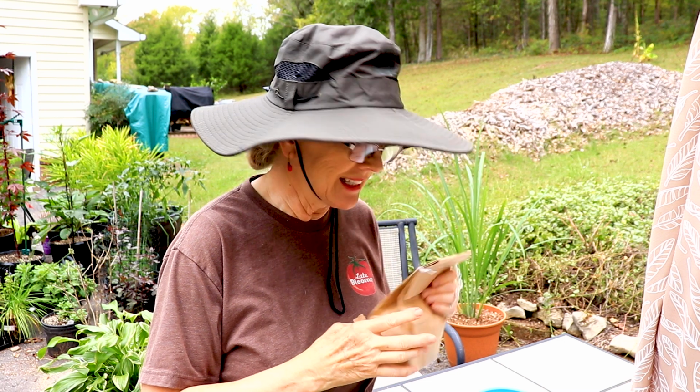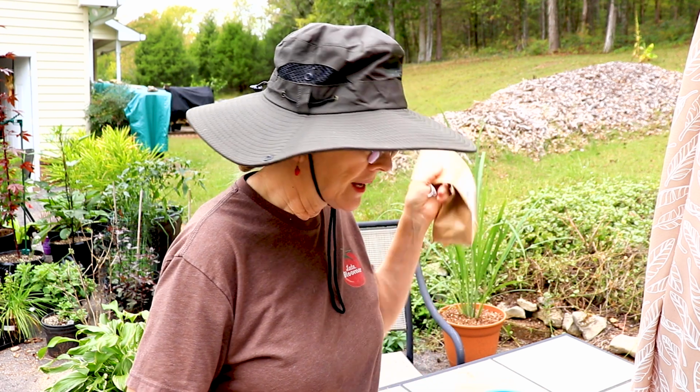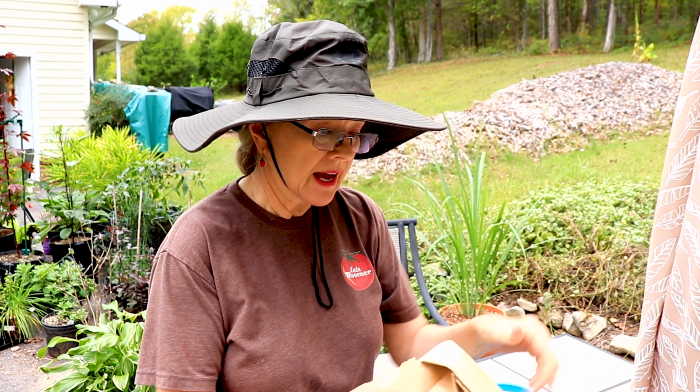I've got buckwheat. I grew buckwheat in my tiny LA garden, and I grew it under a tree. It was just beautiful. I got 2 pounds of buckwheat, and then I've got, now I saw this